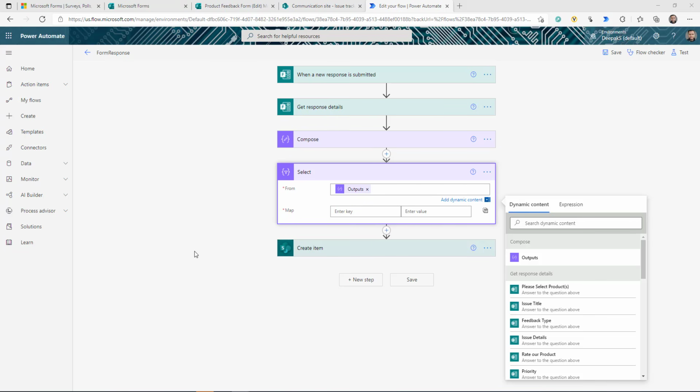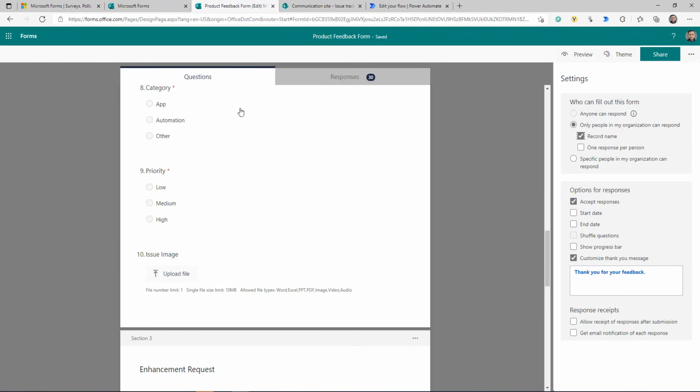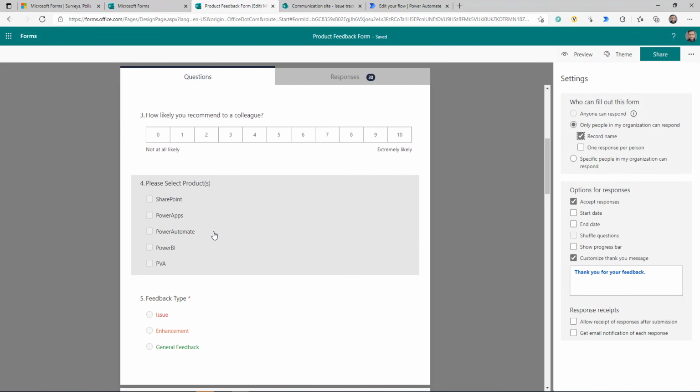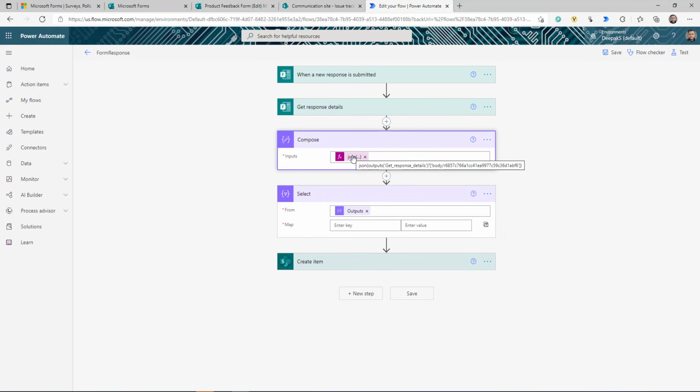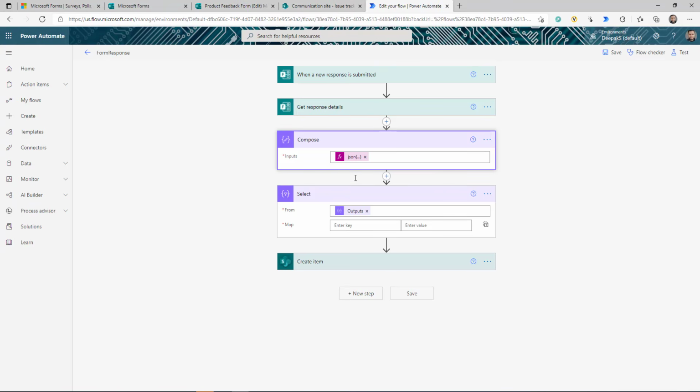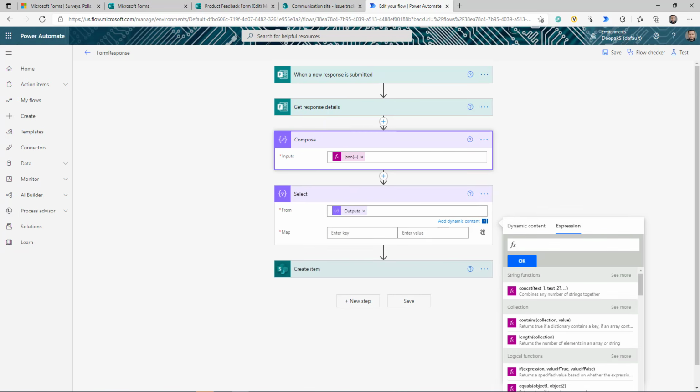Now, before we move forward and create that, let me also show you one more thing. If you look at the form that I created, this product field I kept optional. So what if the user does not select any of the products? The JSON action, where we are trying to convert the string response to an array, will actually give you a null because there is no response in that field. In that case, this Select will fail because this will not be an array. So there is a quick expression that you can use to overcome that kind of scenario. I'm going to say if